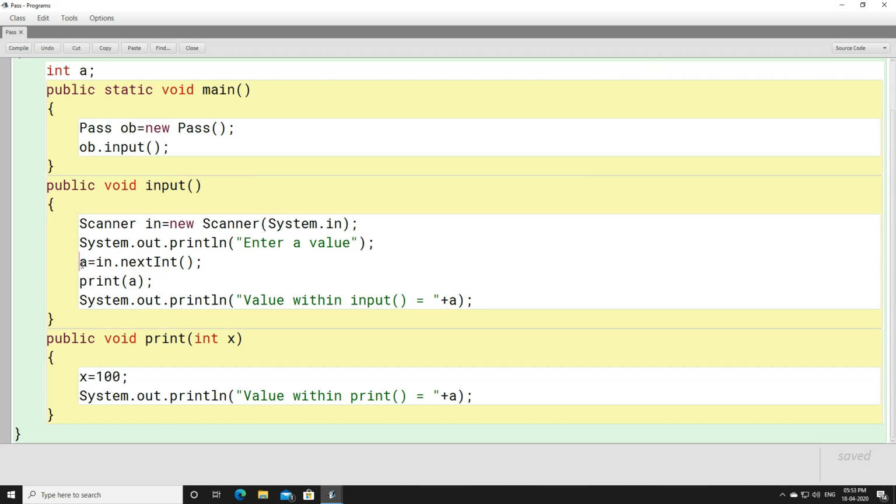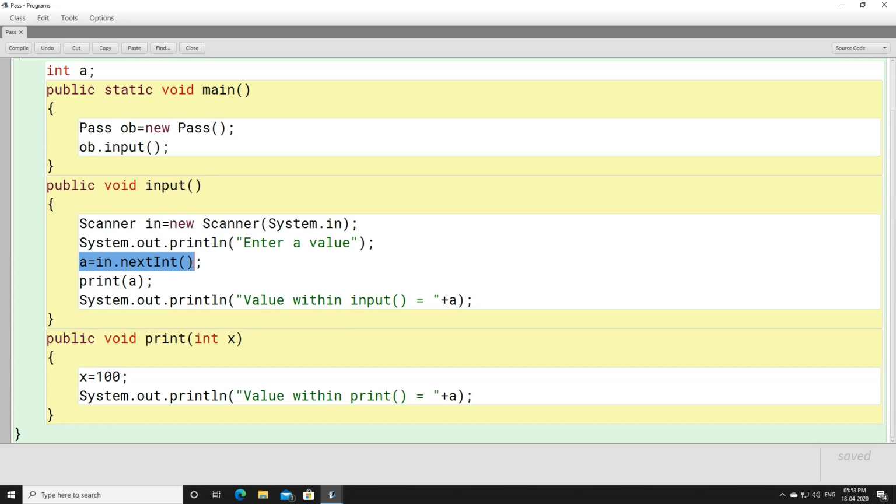But why don't we write an object here? Because input is already called with an object, that is ob. So automatically a will take the help of the same object. Now if you create some other object like ob1, here you can write ob1.a, it will work absolutely fine. You will not find any difference here. We are not going to take the help of any other object, because we are already taking the help of ob to call the input method.